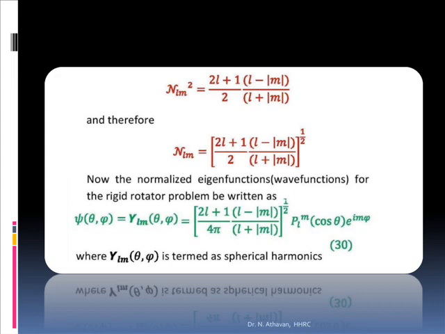So we term it spherical harmonics because we obtain the solution in terms of spherical polar coordinates. So we give this name, and also we have the harmonic functions. That is why we call Y_lm of theta, phi spherical harmonics.